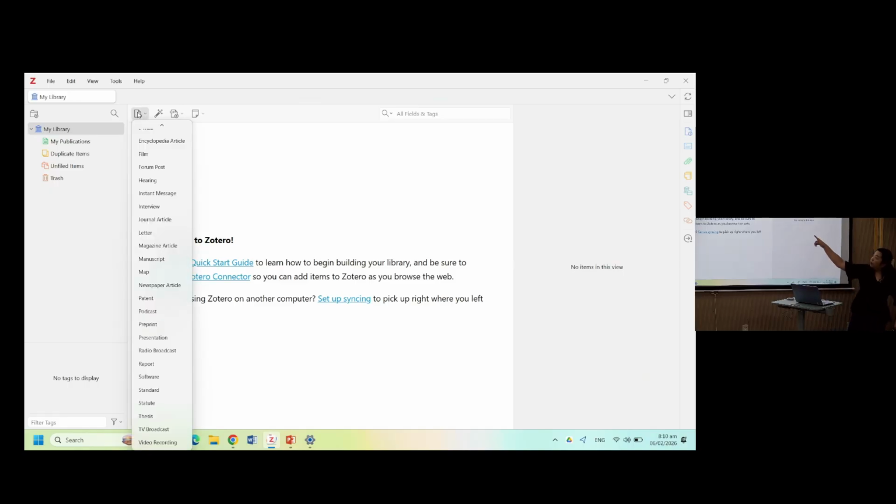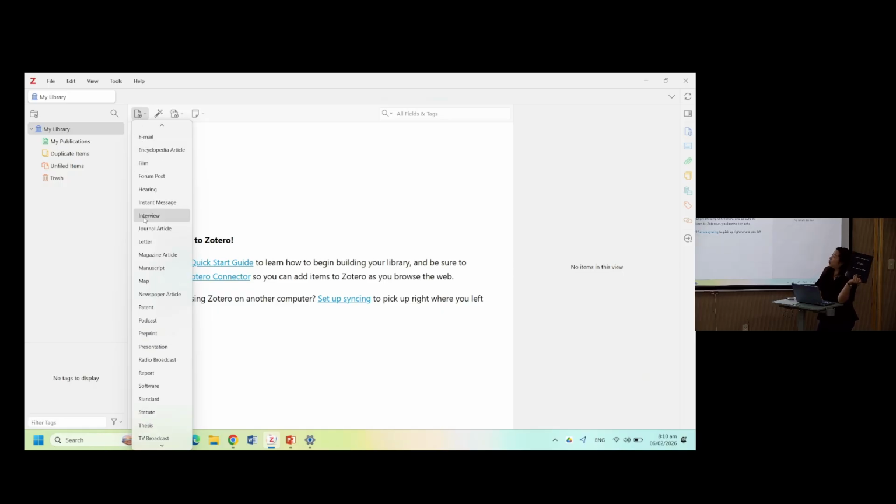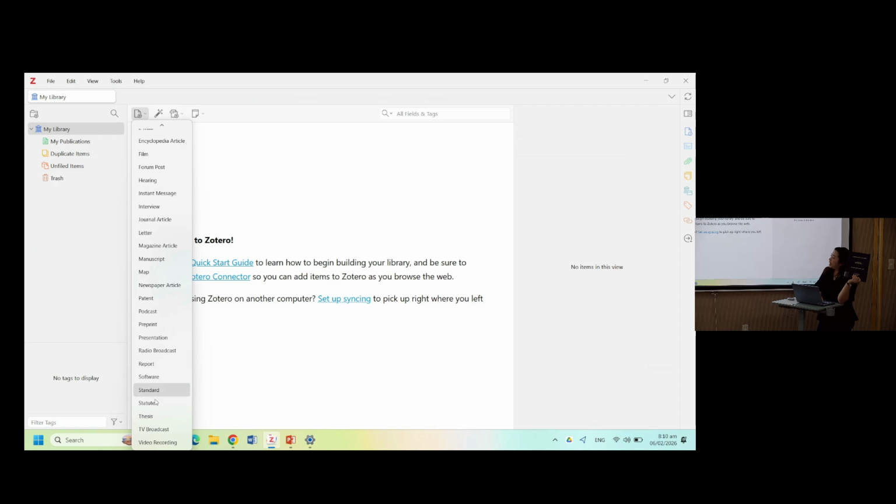That is the first button that we will be using for now. If you have a thesis like this one and you want to enter it in Zotero, you'll have to look for thesis, right? So it's down here, or if you have already placed it on top, yeah.